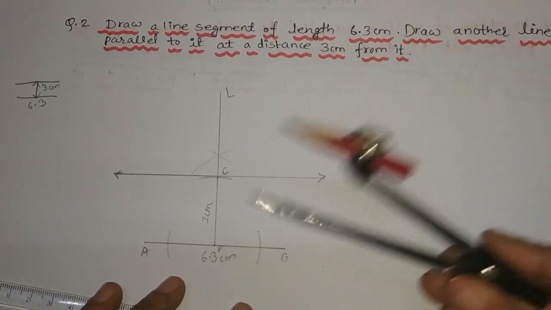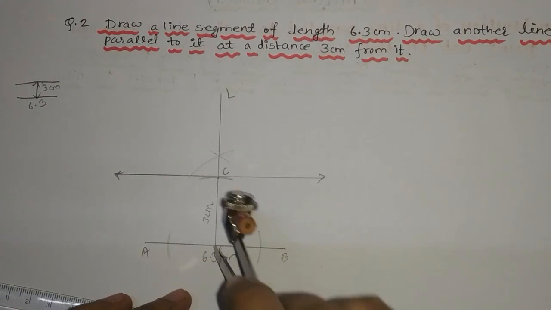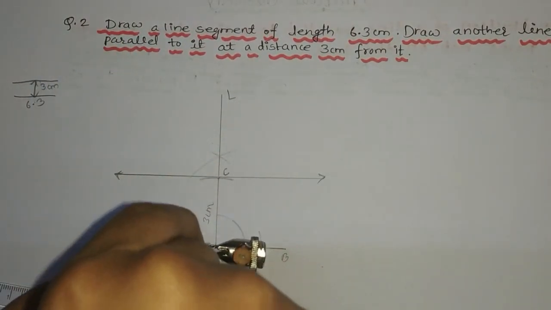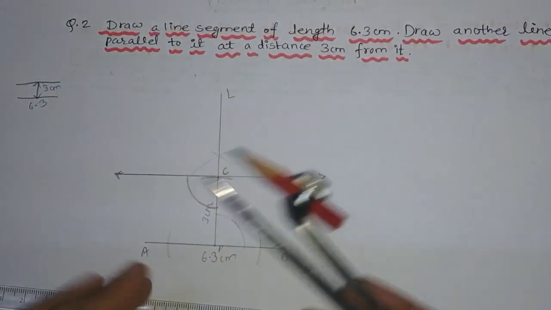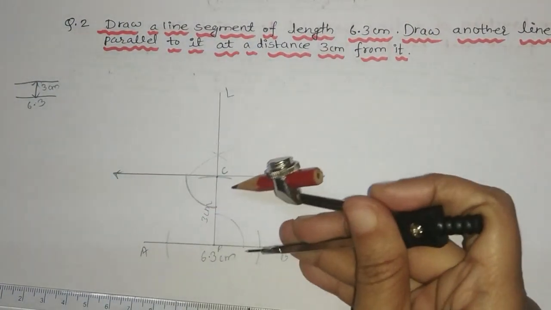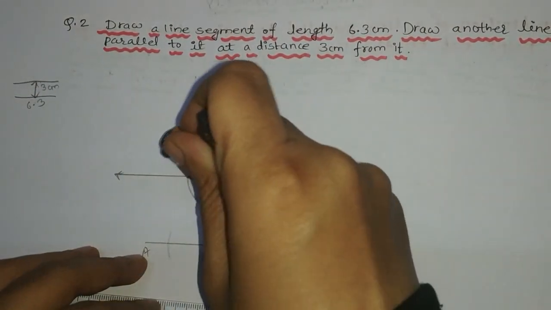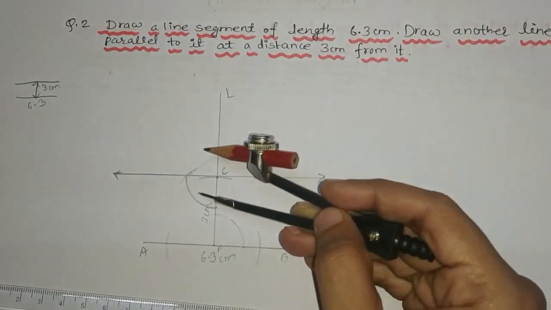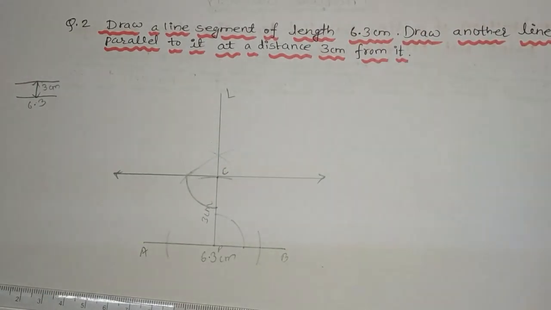If you want, you can again do the same procedure we have done in the previous case. You can open any arc. Again you can draw the alternate angles here. This is one arc and this is another. What I am doing, friends, is drawing the alternate angles. So now I will measure this angle. This is again going to come here. Yes, this means our parallel lines are correct. Alternate angles are equal and the other parallel line is at a distance of 3 centimeter here.